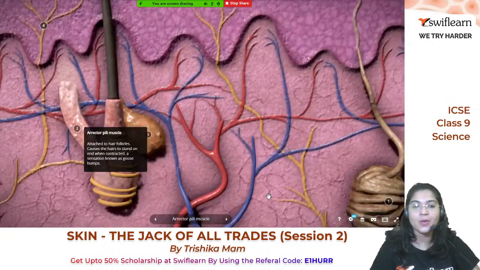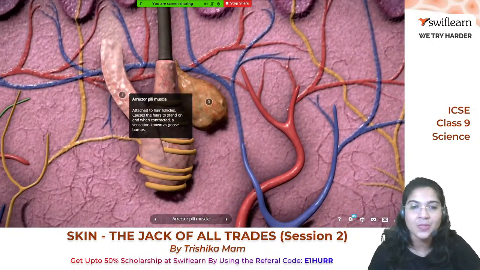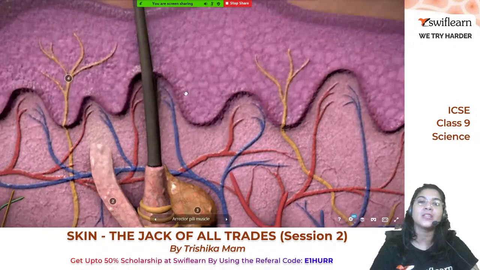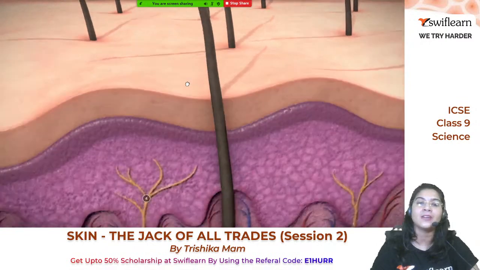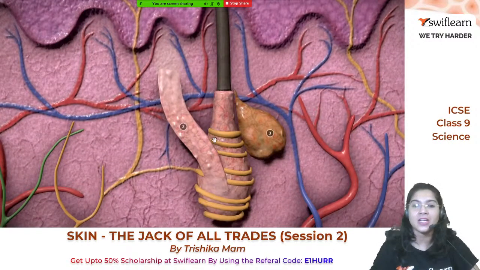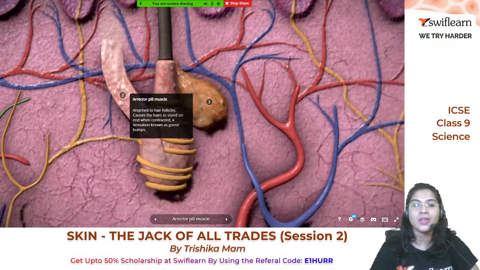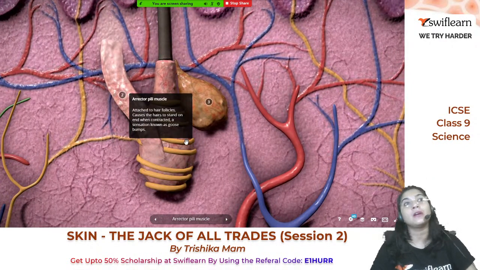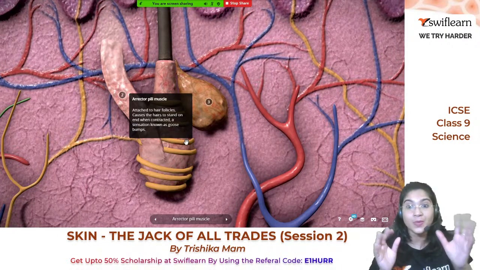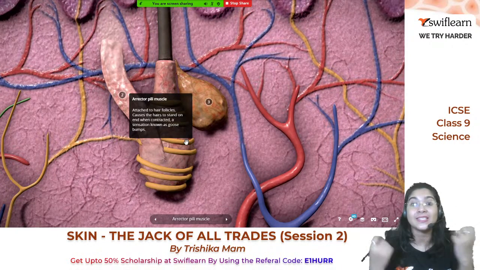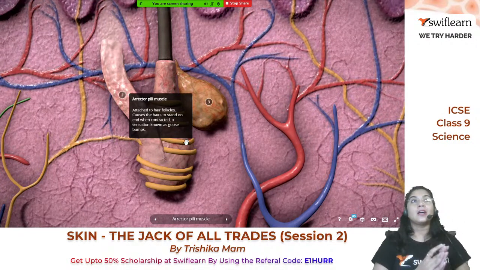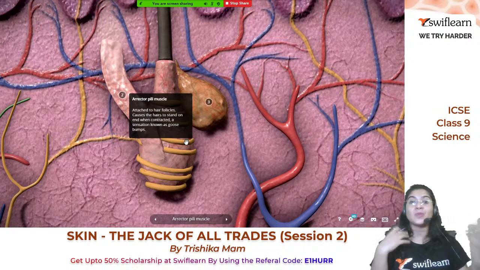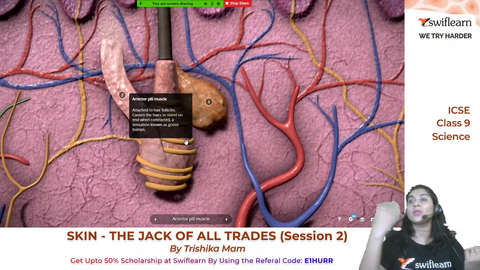Now the second one we can see over here is the arrector pili muscle. You can see this one is the hair follicle, right? The black colored hair follicle is present in the dermis. From the hair follicle, one muscle is associated with it. Now, have you ever heard of or seen goosebumps? Mainly it happens when you watch a scary movie, or during the winter season when there is a continuous adjustment of the temperature of your body with the surroundings.